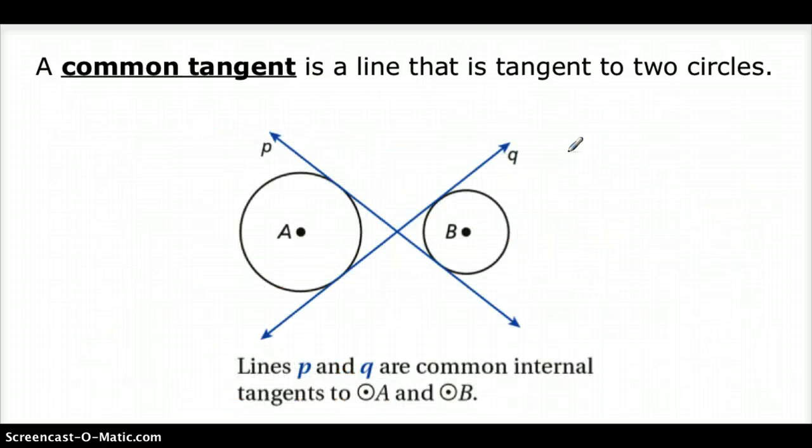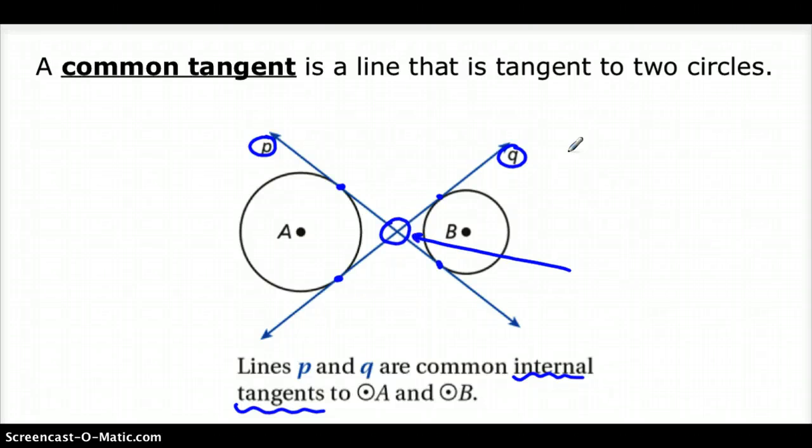We can see that, similarly, line P is tangent to both circle A and circle B. And also, line Q is tangent to circle A and circle B, okay? But these lines, P and Q, are considered internal tangents because they cross, I just say inside of, right? They're going to cross right here. So we could say a couple words here. We could say they cross inside of, or better yet, I like to call this in between,